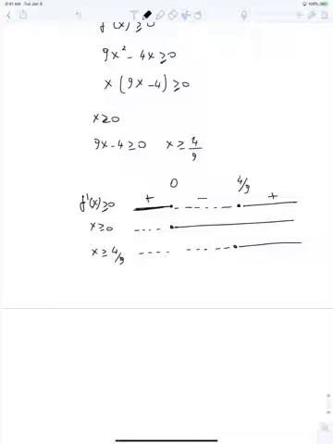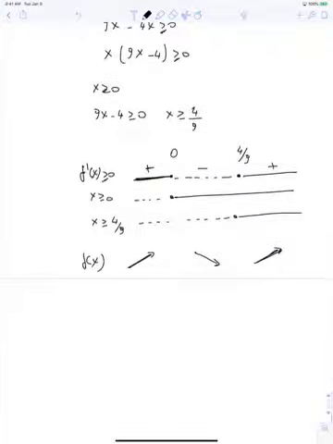Remember that when the derivative is positive, then the function is increasing. And when the derivative is negative, then the function is decreasing. So if here we try to represent f of x, it means that it's going to go up here, it's going to go down till 0, it's going to reach a maximum, it's going to go down here, it's going to reach a minimum, and then it's going to go up again. So if you want to determine the maximum, the maximum is going to be the point 0, 0, then the minimum is going to be the point,